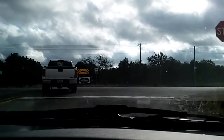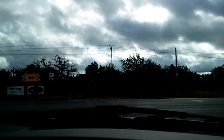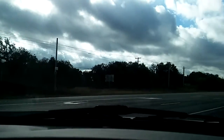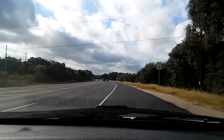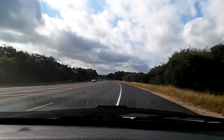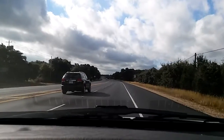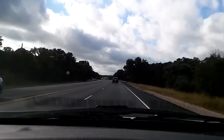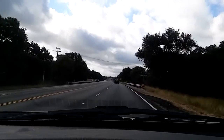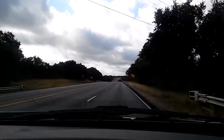This is Highway 281. Big sign over there. It says Trump Pence. You don't see any Hillary signs in Texas. At least I haven't. In fact, I didn't see any in New Mexico on my camping trip last week. All the signs I saw, which weren't many, were Trump Pence. Interesting. But this is Highway 281. I'm headed south,